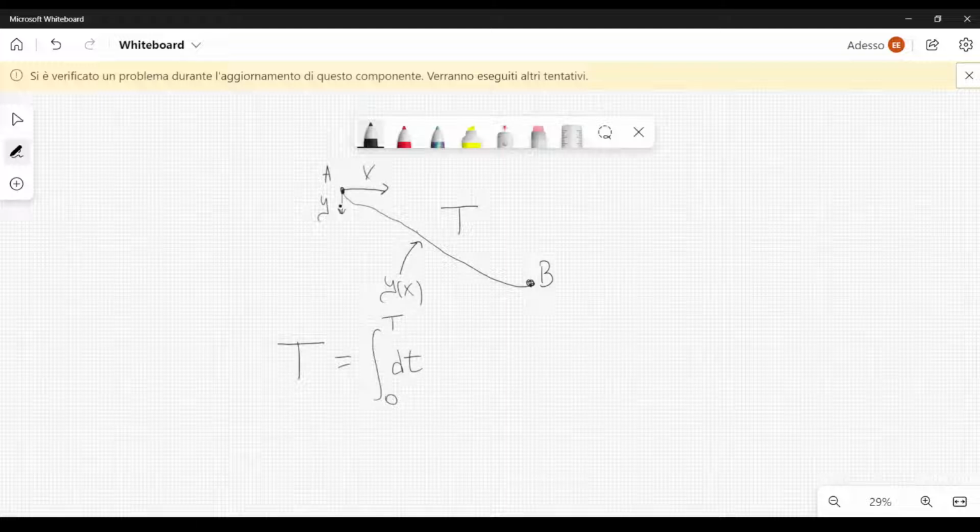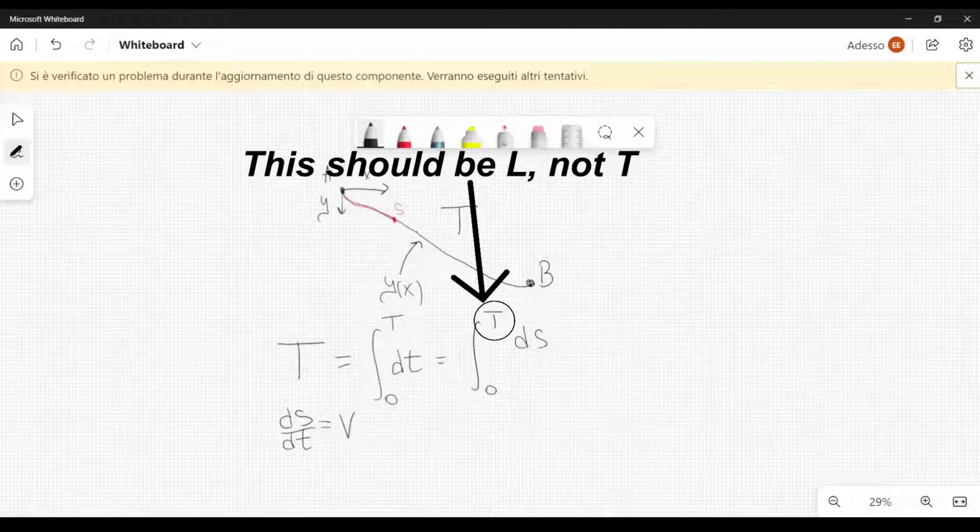We know that if we define a function s, which describes the path that we are moving on here, so for example, s is the length from A to this point. Therefore, this means that if we take ds and we divide ds by dt, this is going to give me the velocity v of the object, right? Because ds is a small element along this curve. If we divide that by dt, we get the velocity along that curve. So we can rewrite this as integral from 0 to L, the length of the curve, ds divided by v